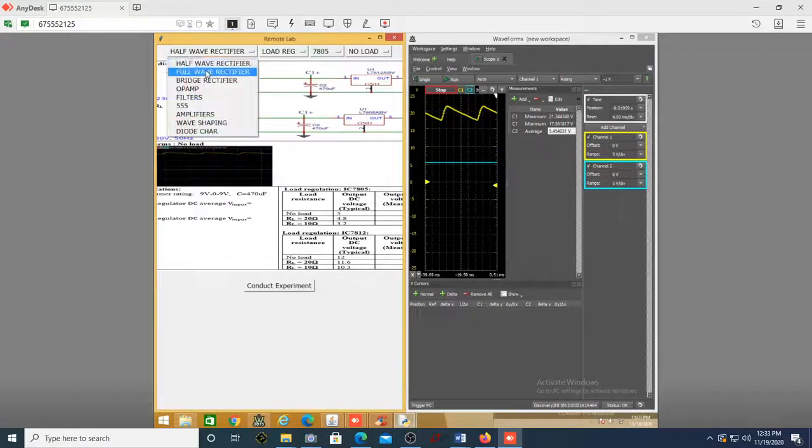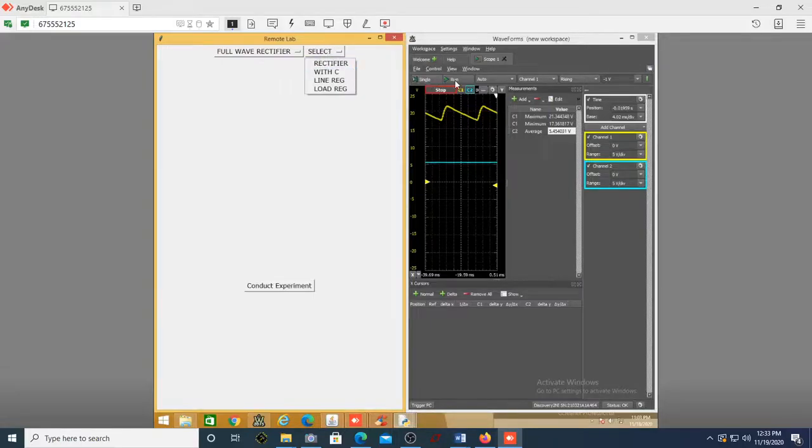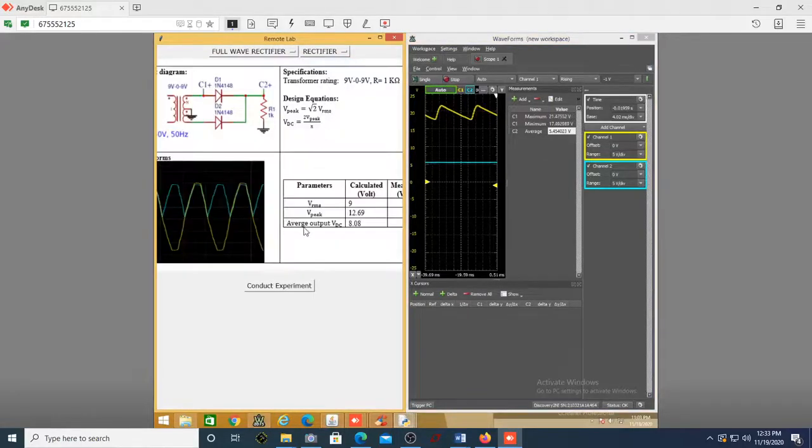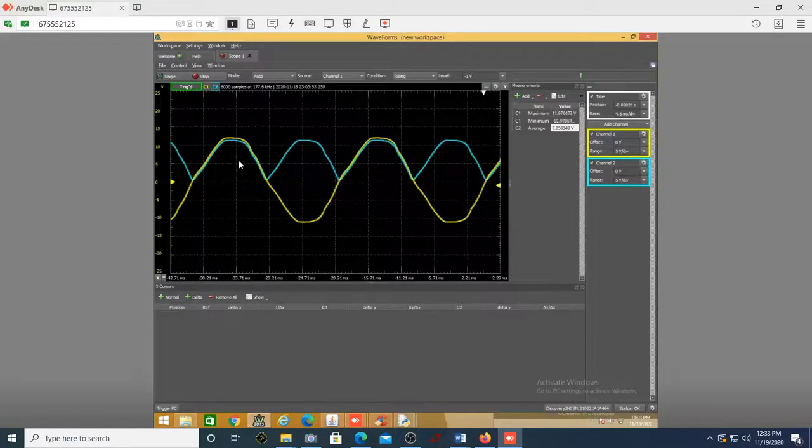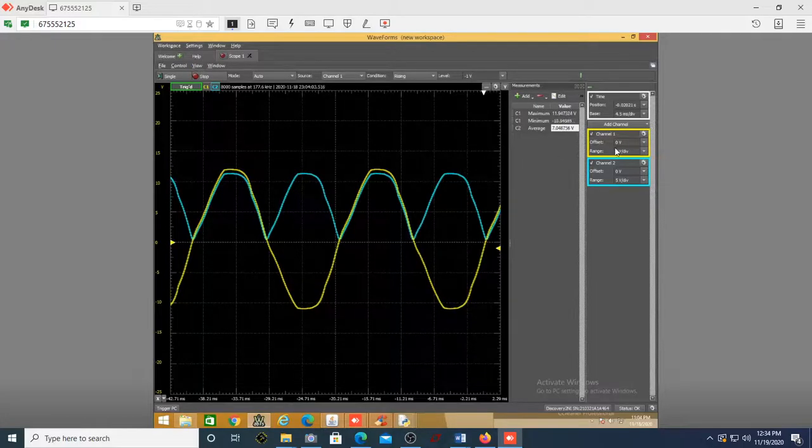So I'll just go through that. Full wave rectifier, just see the rectification. Can you see now that even during the negative half cycle you are able to get the output voltage in the same positive half cycle? So you can also see, let me just take out this, of course you can measure the average voltage. You can see the average voltage is 7.0 volt, which again is 2 Vm by pi. Vm or V peak, how much is this voltage? V peak is around 11 volt.